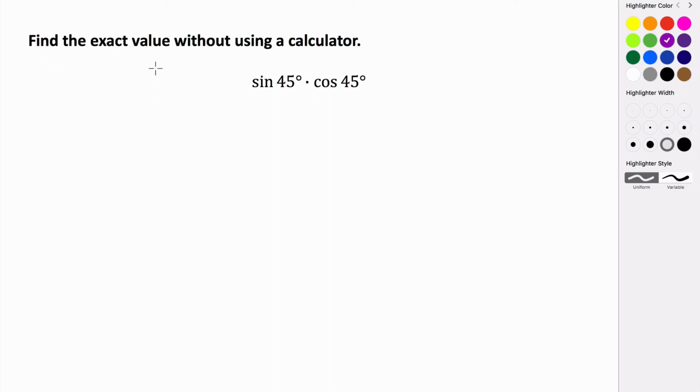Let's look at trying to find the exact value of the sine of 45 degrees times the cosine of 45 degrees, again without using a calculator. So we're going to use the unit circle to help us with this. 45 degrees, those are in the first quadrant. So if we recall back to the unit circle,